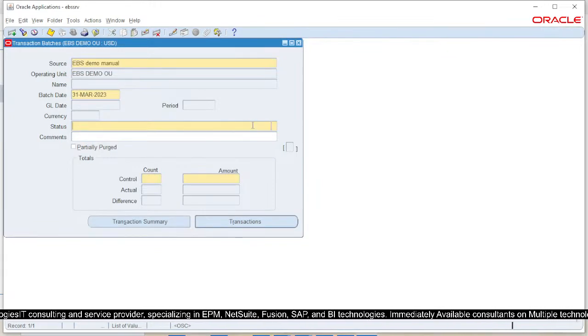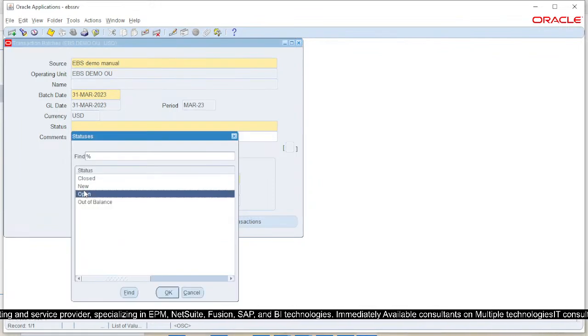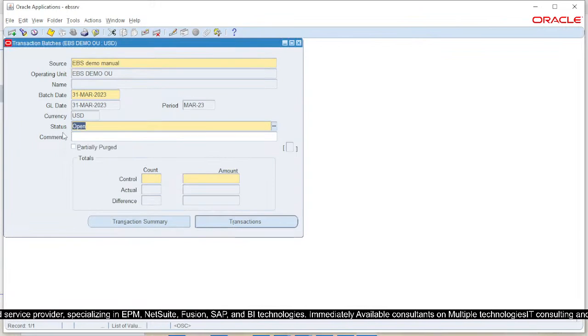Then give a status as open so that this transaction batch can be used. Just give it open. Then give a count. Say we are going to prepare 2 transactions under this transaction batch, and the total amount of these transaction will amount to say 500. Fine. Now we will go to transaction,